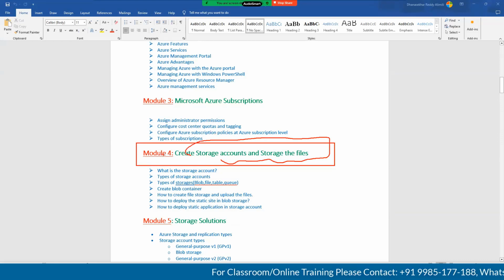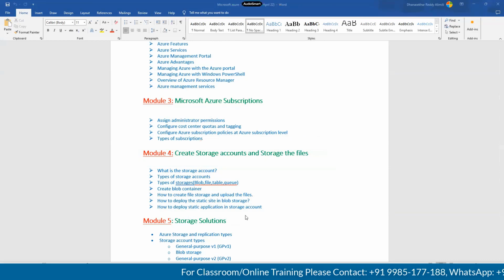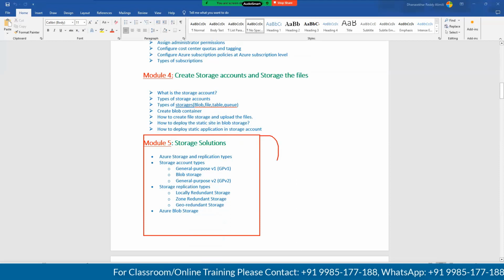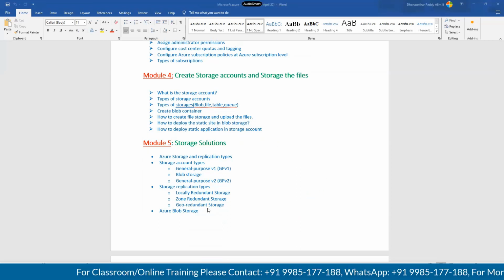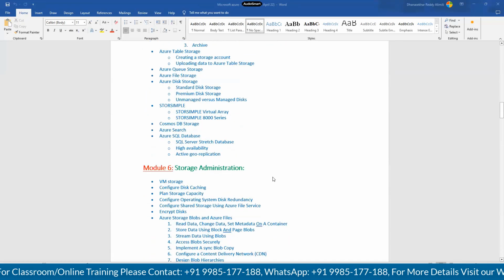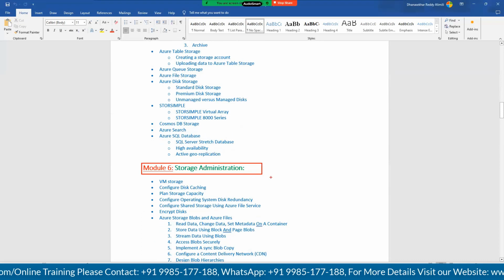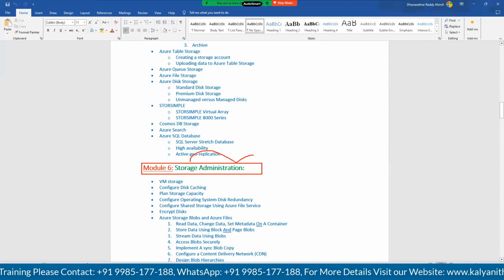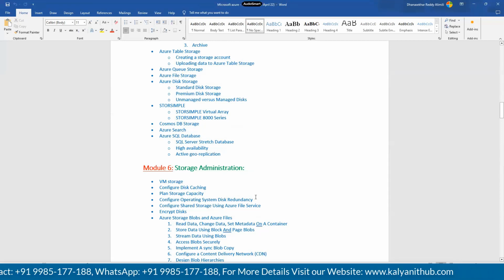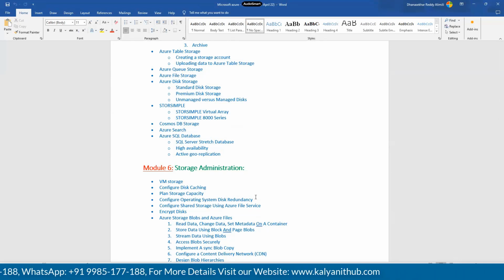How we can create it, how to deploy it, that is cloud computing. Next, module 5 is the storage solution, guys. Storage means you can store structured data or unstructured data. Module 6 is storage administration. Storage is one pillar of cloud computing, whether it is Azure or some other third-party cloud.